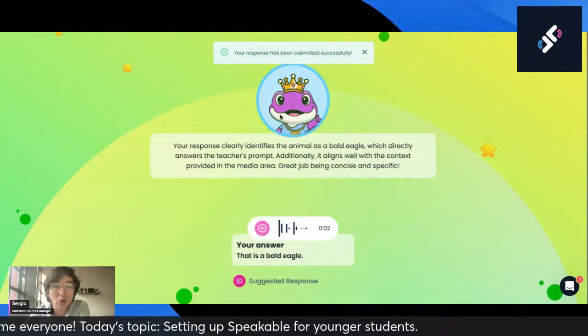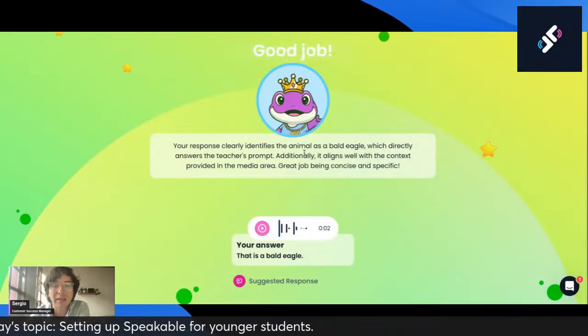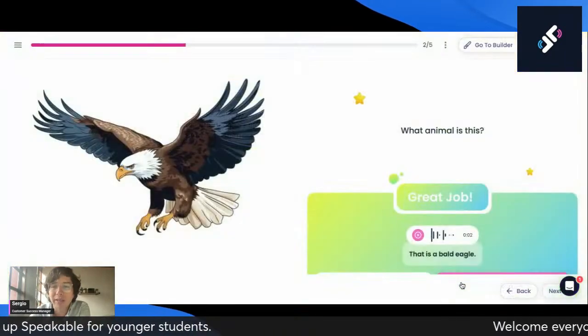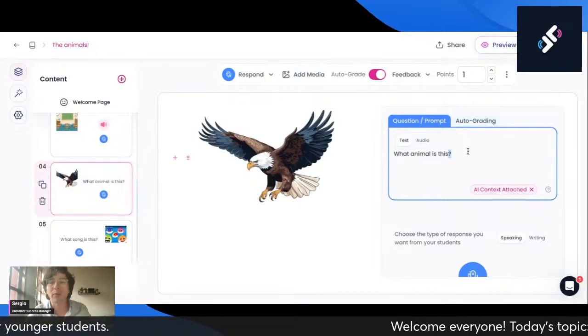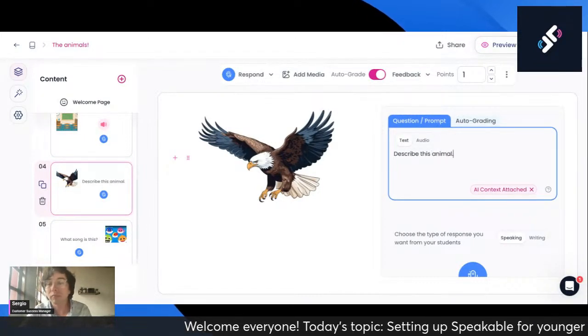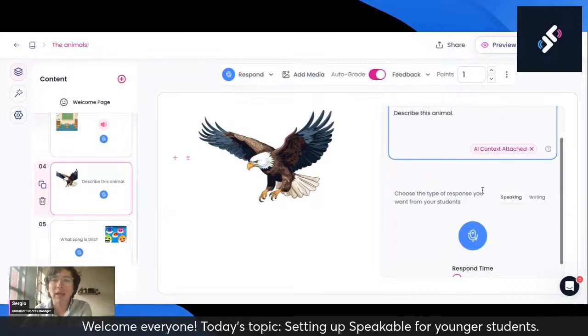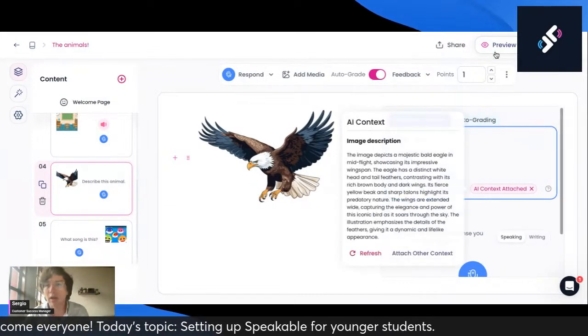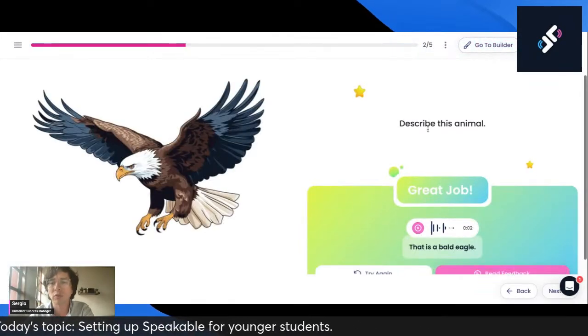So take a look at this. This was a good job. Your response clearly identifies the animal as a bald eagle. But I'm going to go back to the builder and change the prompt. I'm going to say, describe this animal. So now this is going to be a more complex thing for the student to